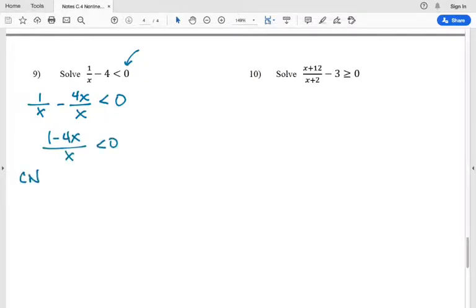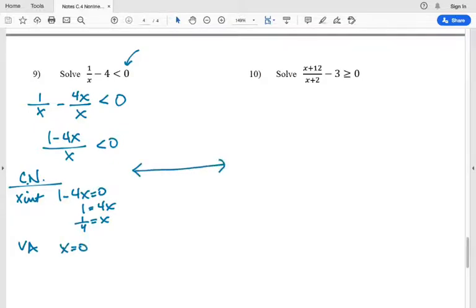So my critical numbers come from the x-intercept, which comes from what makes 1 minus 4x equal to 0. And that would be when x equals 1 over 4, or 1/4. The vertical asymptote comes from what makes that denominator 0, which is x equals 0. So when you do your number line, your critical points are at 0 and 1/4. So when we do our test points,